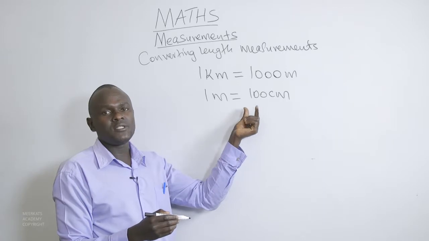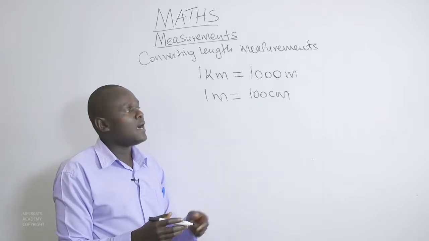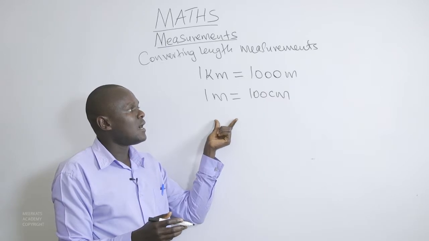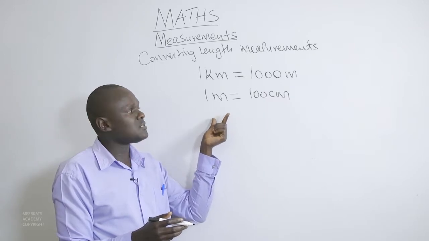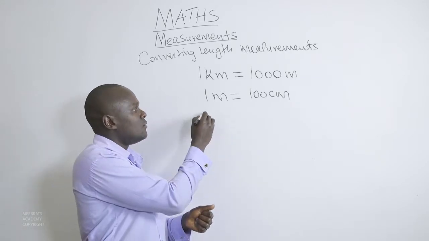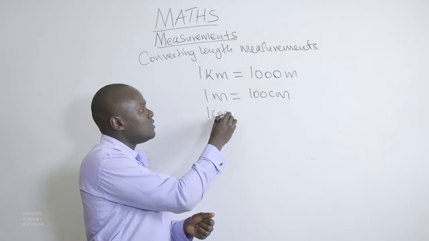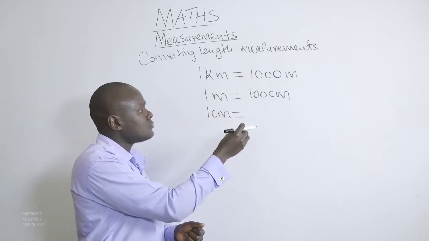Downwards, a single centimeter is equivalent to how many millimeters? This we will talk of 1 centimeter being equivalent to